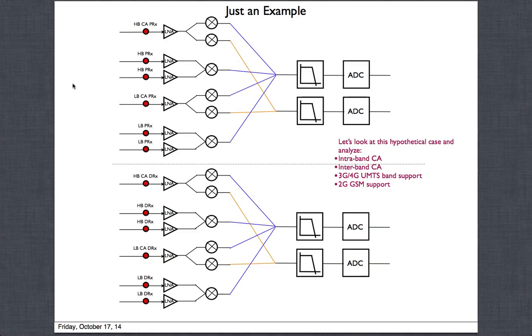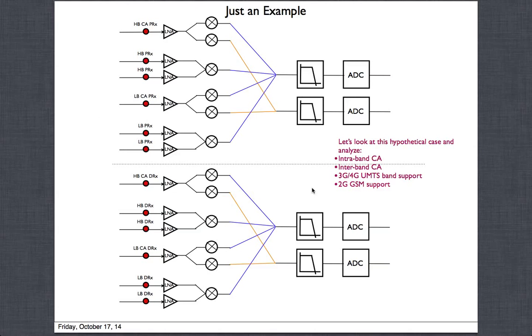Okay, this is only a subset, a really small mini example compared to how complex these systems really are and what you have to do to actually do this. And when you do that, you decide, okay, I need so many input pins, I need so many LNA paths, so many mixers, so many frequency synthesizers, so many filters, ADCs and all, and then you say, oh, this is going to be a very big, massive, complex system.